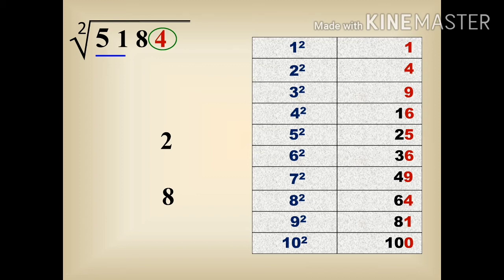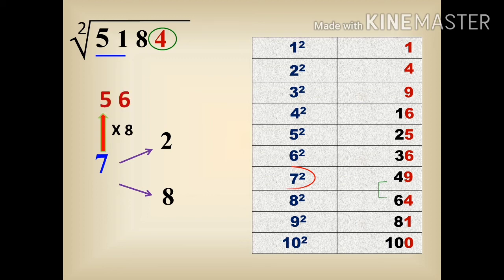Next we are supposed to find where the number 51 falls in the tabular column. It falls between the range 49 and 64. So the lowest range is 49. The corresponding square root is 7. So now there is a chance for getting either 72 or 78. Next step, what we have to do? We have to multiply the number 7 with its next number 8. If we multiply, we will get 56.